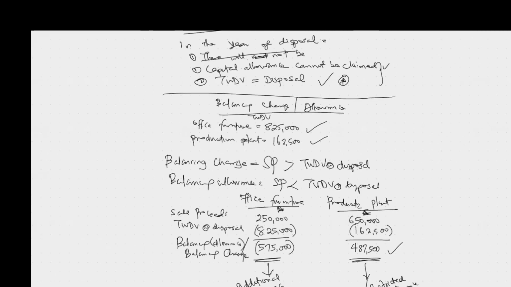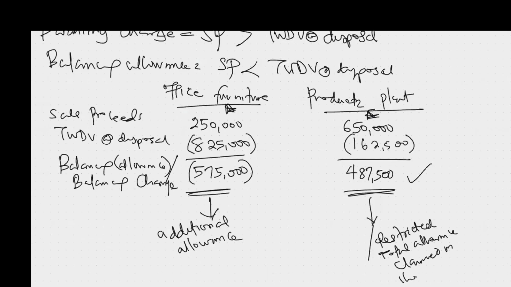So we now want to check the total allowance claim on the asset disposed. Is it charging now? So what's the allowance claim on this plant? So what do you do? You will say to get total allowance,